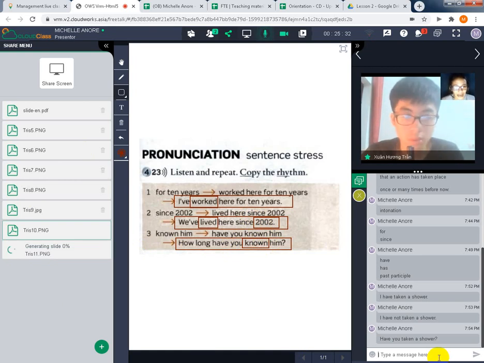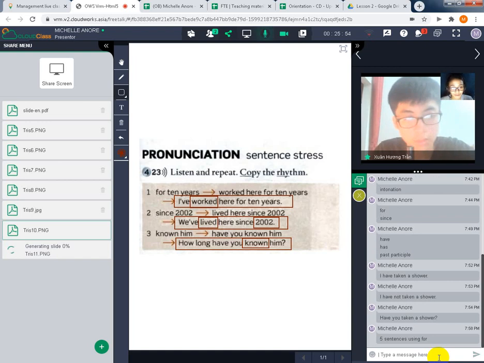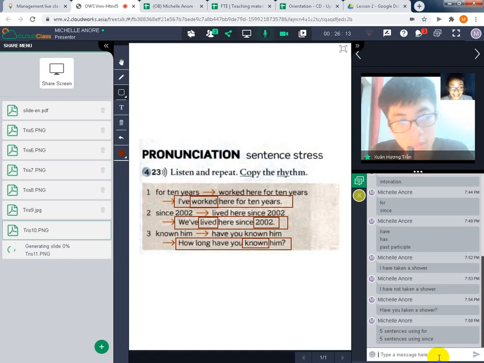Now, Tris, I am going to give you an assignment. Alright? So, don't worry, it is just an easy one. I just want you to make 5 sentences. Okay? 5 sentences using for and another 5 using since. So I want you to send your assignment via email, and in addition, I just want you to make at least 3 sentences, okay, using the structure that we have